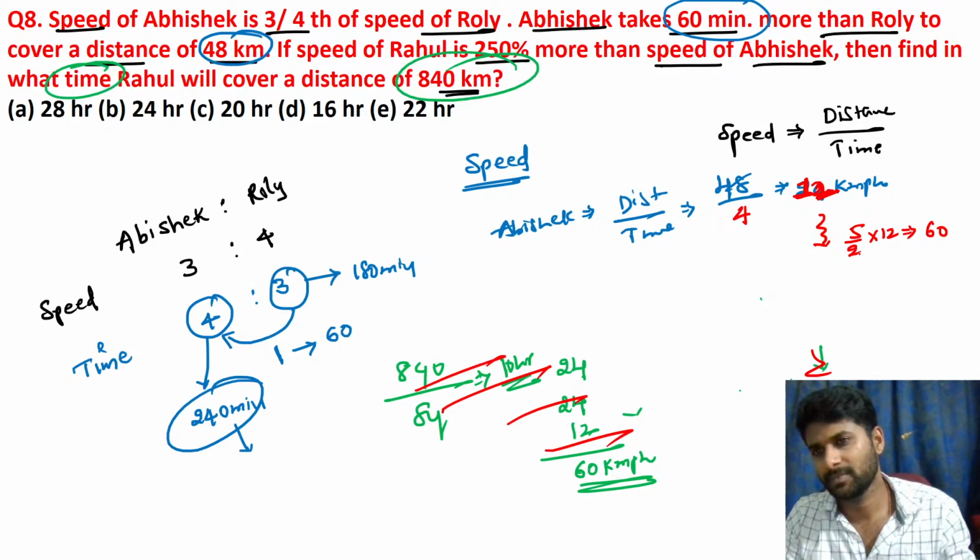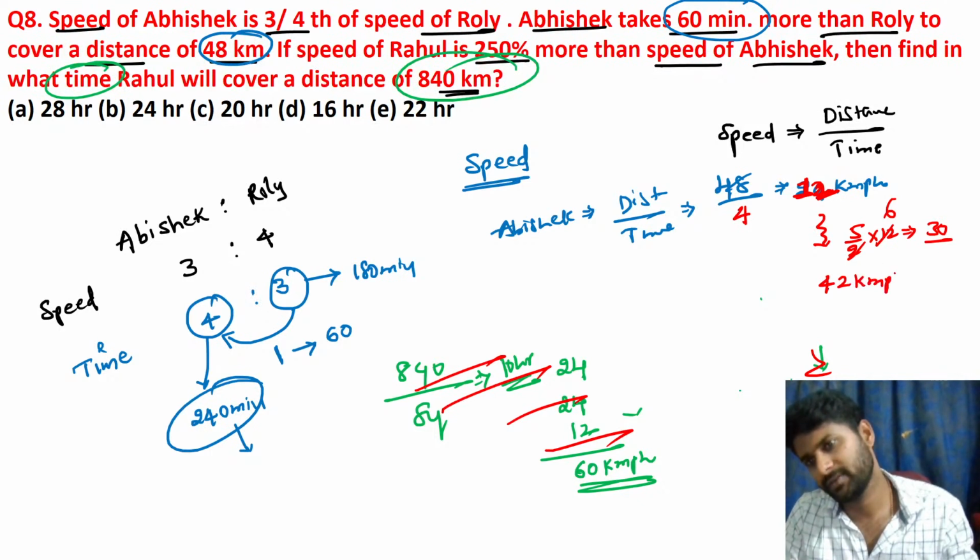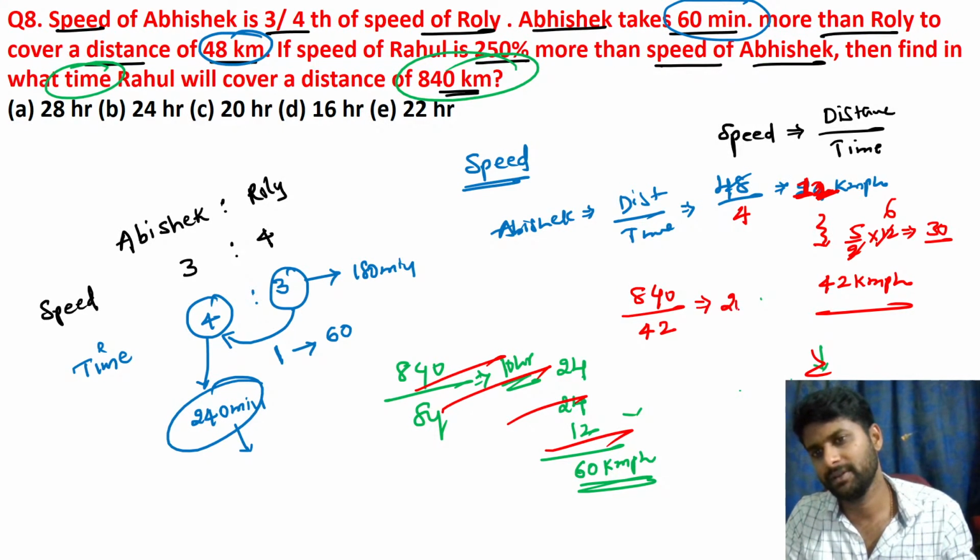Finally, see, the value becomes 42 kilometer per hour. Here the question: 840 kilometers running at a speed of 42 kilometer per hour. It takes